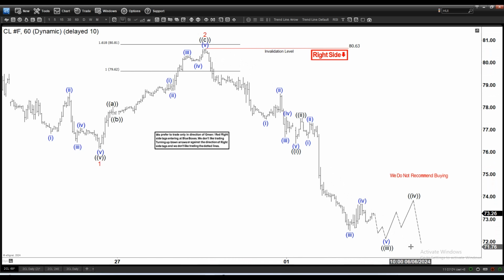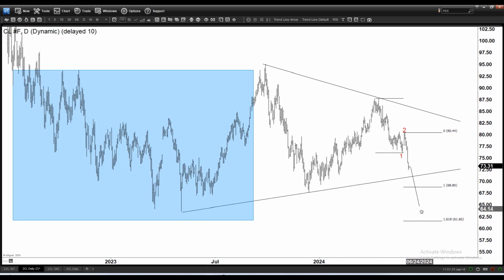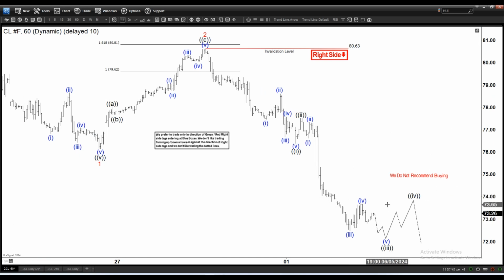But if we focus only on the short term, it looks like at the least this leg here can see another leg down, is what I see. This leg down can have another leg lower, so the low here is not the end, and therefore any rally should continue to fail. And whether or not we will continue to see the downside to this one, or if it breaks below here it is even more bearish, then it might even break below here. But if it doesn't break below here, you need to be careful around $71 or $70. Potentially it might truncate or see some support over there and turn higher again. But again, in the shorter cycle we should be expecting a little bit more downside here, and if there's any rally it should fail for the downside again.